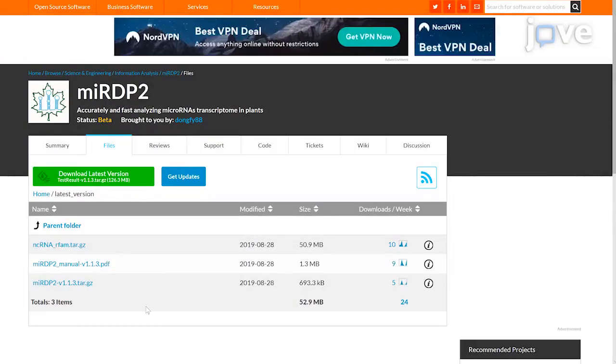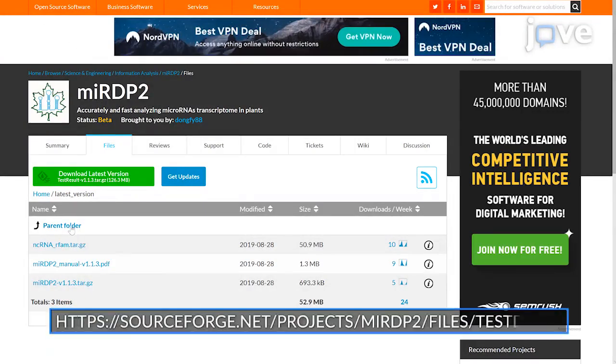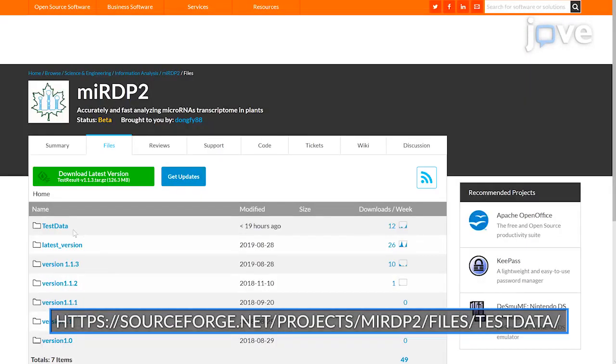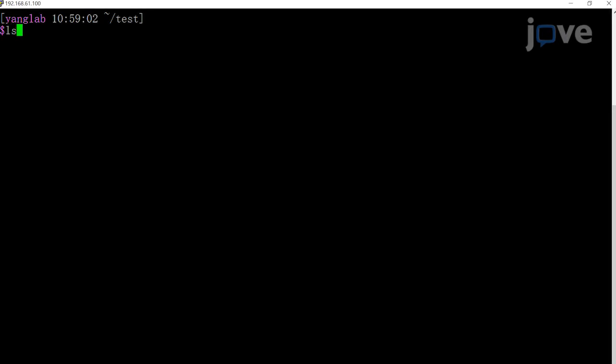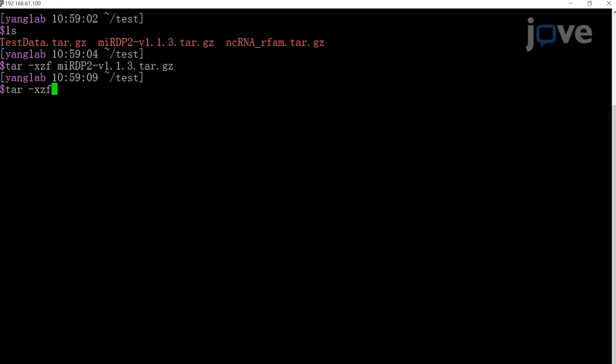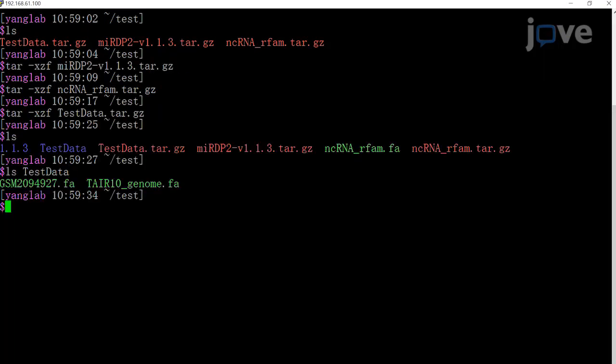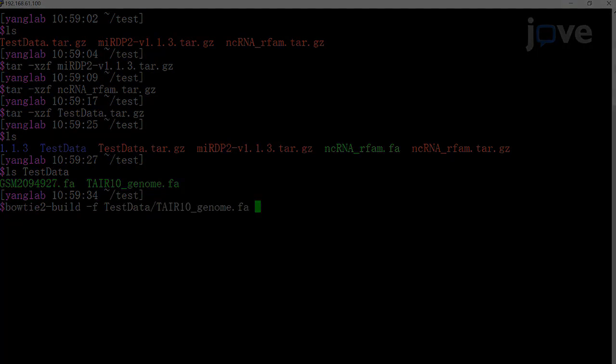To test the miRDP2 pipeline, download the test data and the expected output containing one formatted GSM sequencing file and one Arabidopsis thaliana genome file, and move all of the downloaded files to the current working directory. After extracting the compressed tarball files, build the Arabidopsis genome reference index and